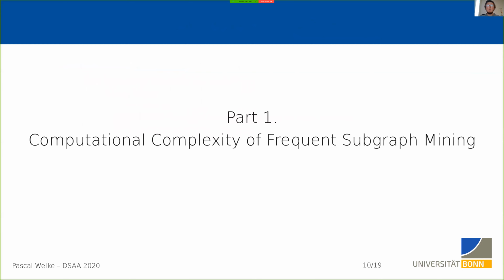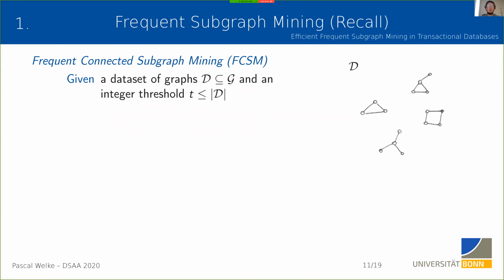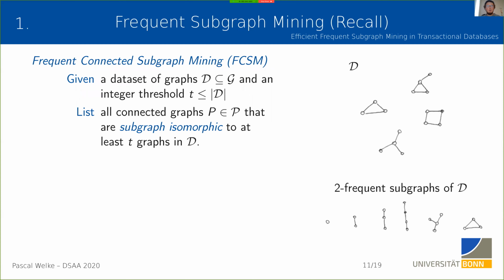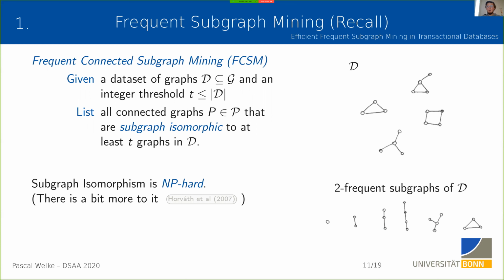So recall the frequent connected subgraph finding problem is this: you have a database, and you want to list all the graphs that are subgraph isomorphic to at least T graphs in this database. Subgraph isomorphism is NP hard, but well, there's more to it, because what you are dealing with here is a listing problem, right? You don't want to answer a yes/no question, but you want to return a list of objects